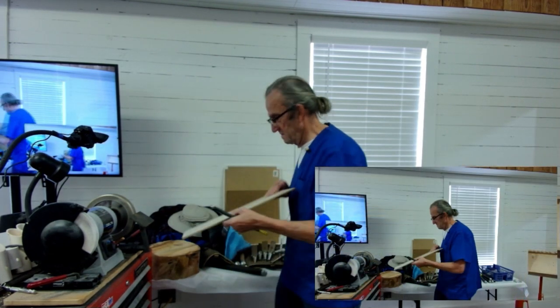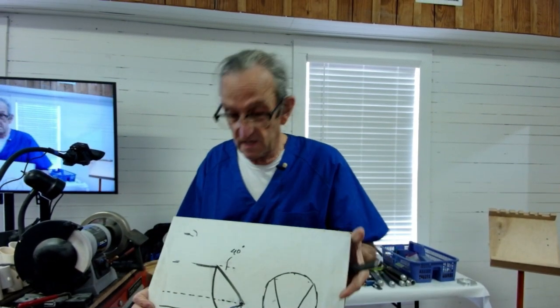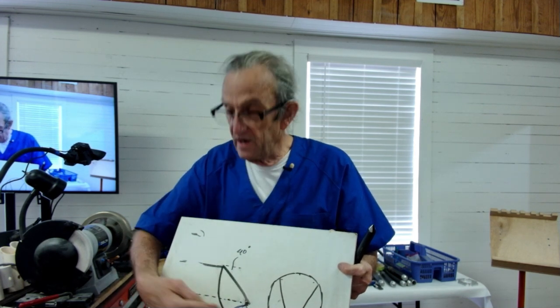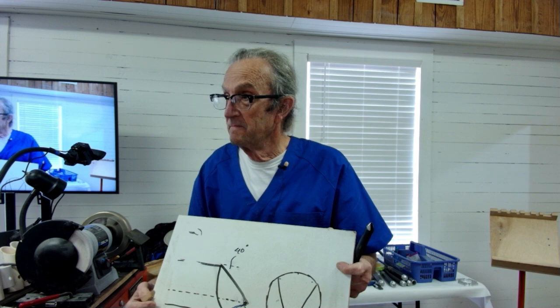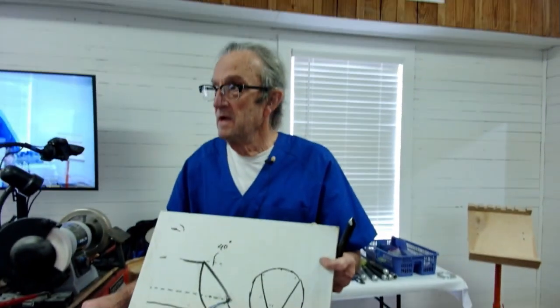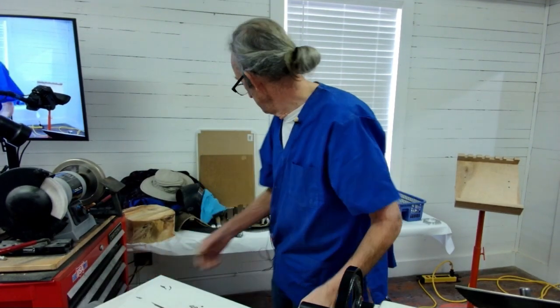Okay. This is the actual grind. I have a 40 degree angle here and a 40 degree angle here at the bottom, on either an elliptical or straight gouge. It does not work on a U-shaped gouge. A U-shaped gouge being